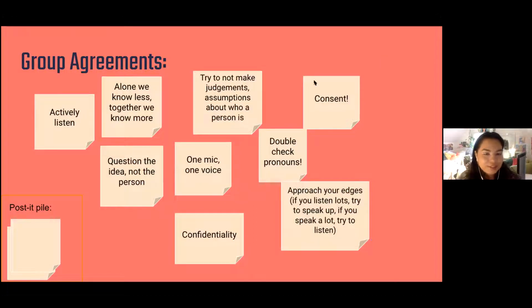Does everyone feel comfy with these group guidelines? Does anyone want to take something away, talk about something, add something? Give us a minute to think about it.